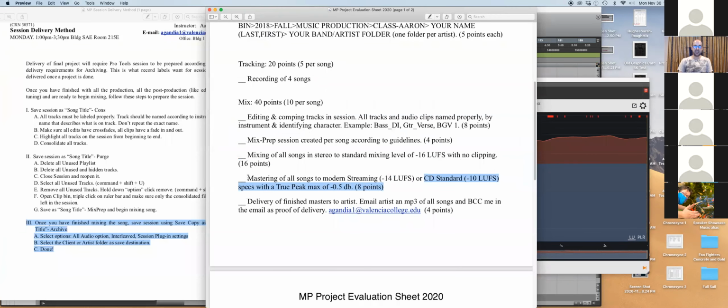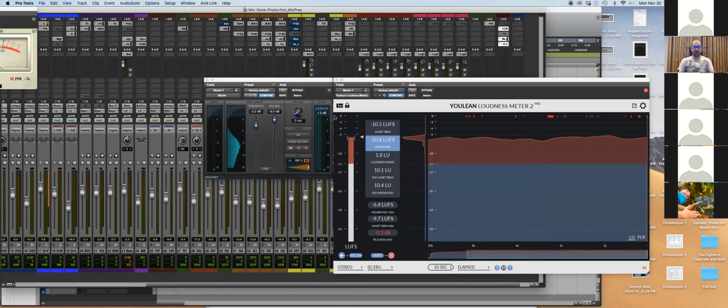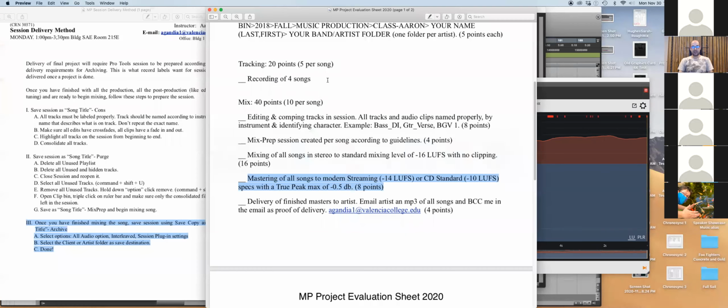So what do I need you guys to do as far as mastering? If you guys took the mastering course, have fun with it. If you guys did not take the mastering course, all I want you to do is get Maxim, put Maxim on, put your ceiling at 0.5, and your threshold could be 0, or your threshold could be whatever you feel you need to get a good level and a good sound, and that's it. And then you basically print one version without the limiter,